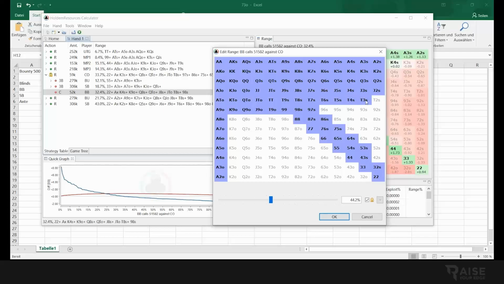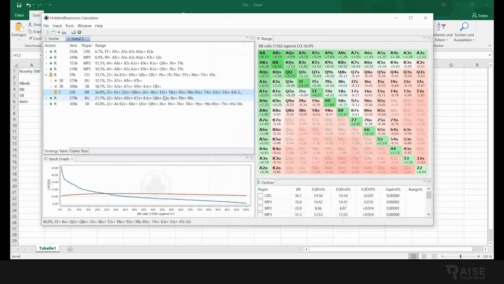9-6 suited, 8-5 suited, 7-4, 6-3 suited as well. 9-5 suited as well, 9-8 off as well, 10-8, Jack-8, king. Well, I would probably call any king here. Yeah, any king. Yeah, Jack-8, Queen-8 off. Yeah, I think that looks reasonable to me. Okay, so we're taking this, and let us look shortly now at how bad the sum of